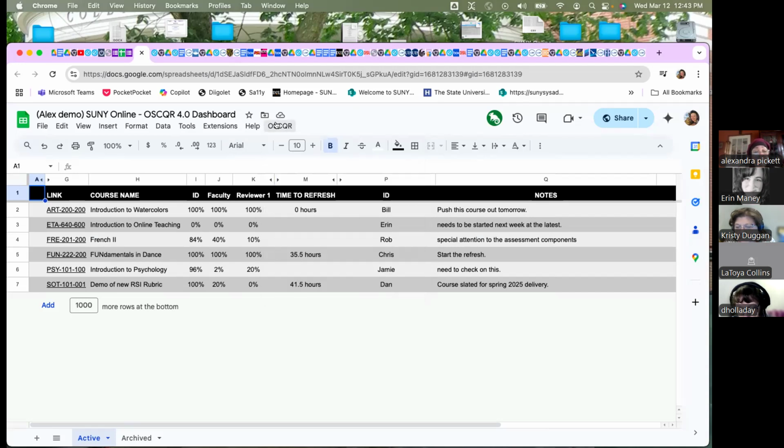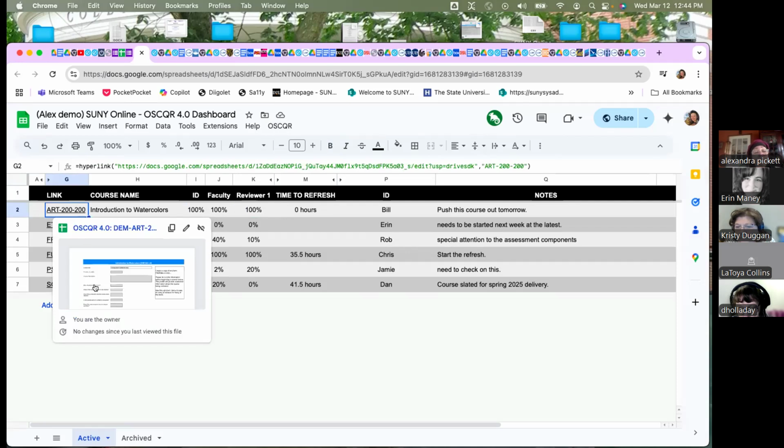I generated the rubric. I assigned it to an ID named Bill, and I can track how much of the review is complete based on what they have done with that rubric. And when you click, this actually gives you a hot link to the rubric that was generated for that particular course. And then you can go in and actually look at the review from this dashboard if there's something that you need to look at or take,